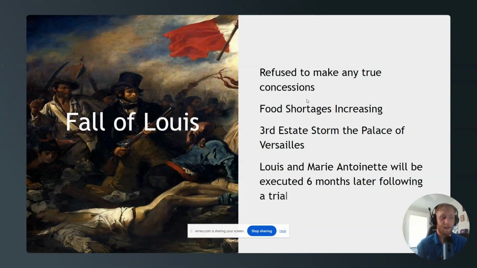Now, when they're in prison there, they originally didn't want to kill them because they would have killed them immediately probably, but what they end up doing is actually executing them 6 months later. They face a trial, and they eventually put King Louis to the guillotine. Marie Antoinette will follow later on. She actually hears the bells ring, and then the crowd cheer when her husband's head gets chopped off. So that's pretty morbid. But she will follow suit with them.